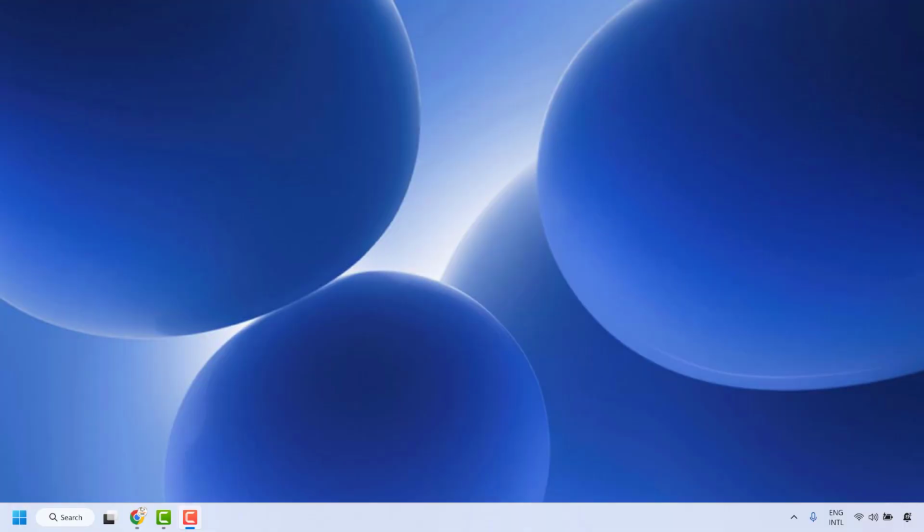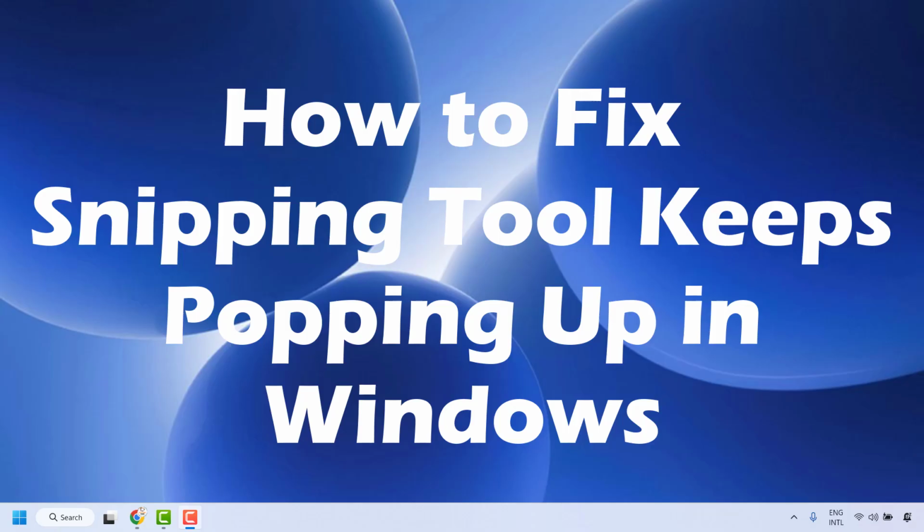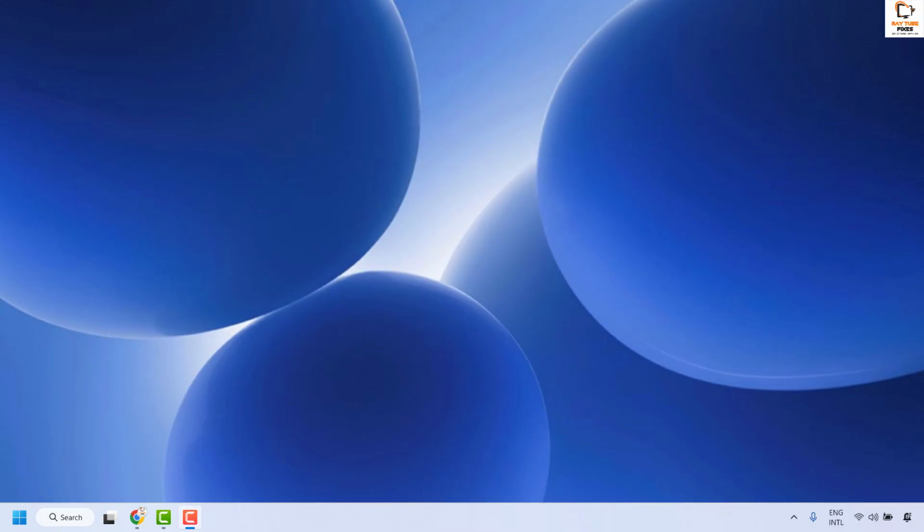In this video, I'm going to talk about how to fix snipping tool keeps popping up on Windows machine. Now, there are a couple of steps which you could try to get this issue resolved. Please make sure to watch this video till the end to resolve this issue. Now, to fix this issue of snipping tool repeatedly popping up in Windows, the first step is to go ahead